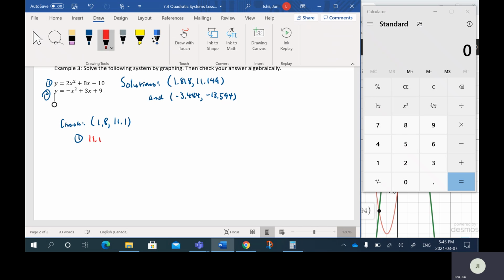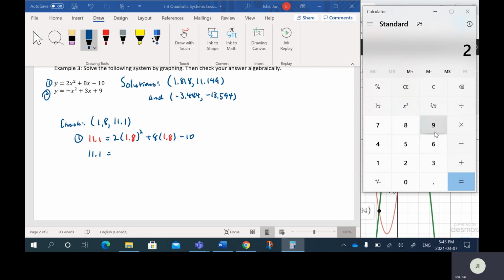I get 11.1 equals 2 times 1.8 squared plus 8 times 1.8 minus 10. All right, so 11.1 equals, let's see if we can do this all at once. 2 times 1.8 squared, plus 8 times,